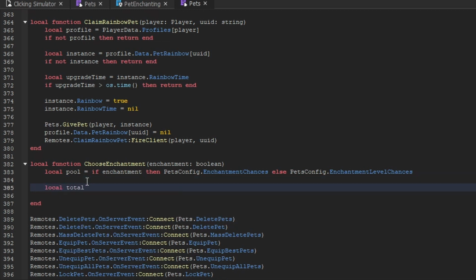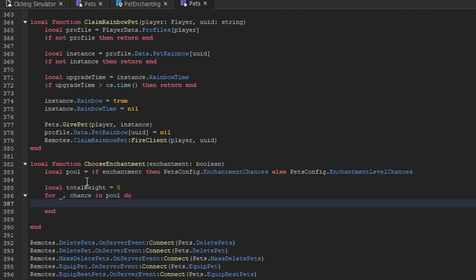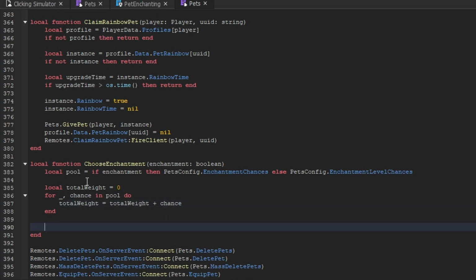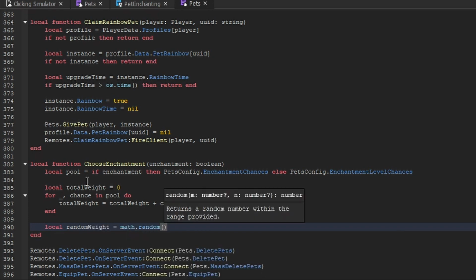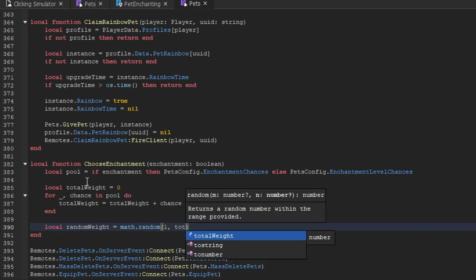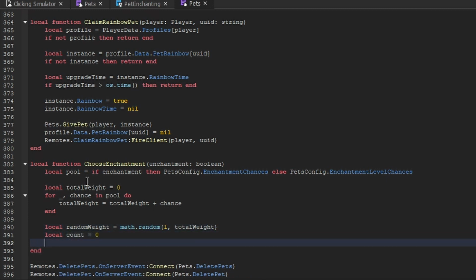Then we'll create a variable called total weight, which is going to be set to 0. After that, we're going to loop through the pool table, and then for the total weight, we're going to add the chance to it. Then after we calculate the total weight, we'll then create a variable called random weight, which is going to be equal to math.random, and it's going to have to be a number between 1 and the total weight. Then we're going to create a variable called count, which is going to be set to 0,